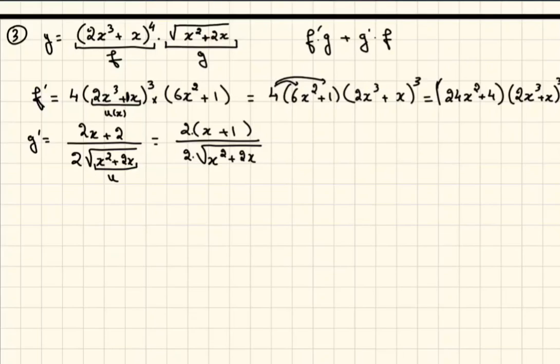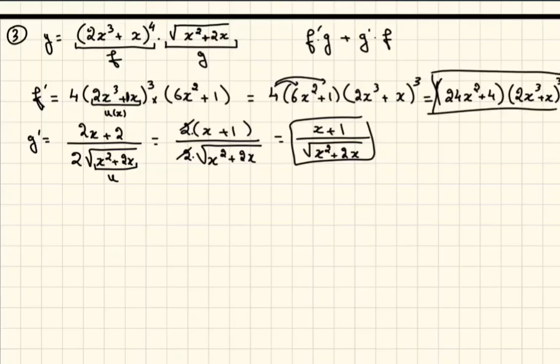And now because it's all multiplication, you can simplify this 2 with this 2, and your final answer will be (x plus 1) over radical x squared plus 2x. So this is the g prime, and this was the f prime. Now, to find the derivative of y, you do f prime g. So what we wrote on top,